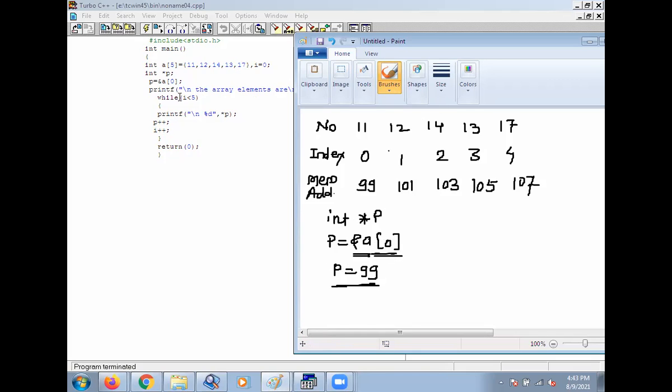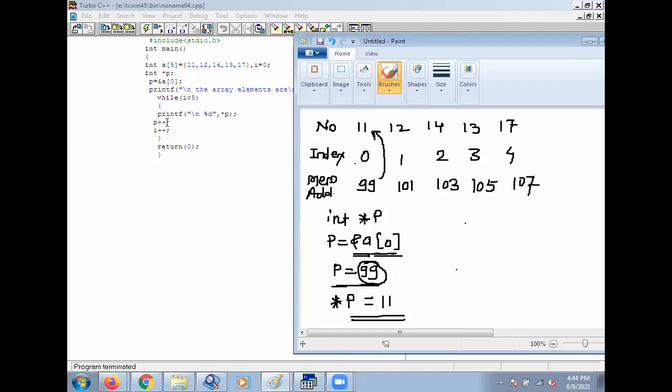So here check i is equal to initially 0, i less than 5 because array size is here 5. Print star p. So what is star p? Star p indicates value stored at this address. So value at this address is 11. So it will print 11. First output you will get 11.